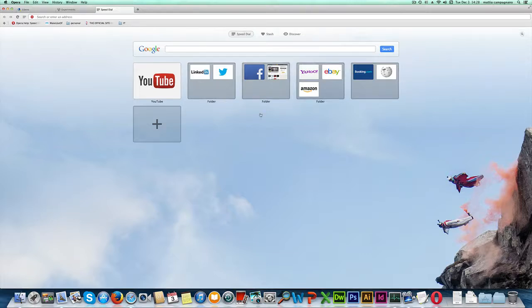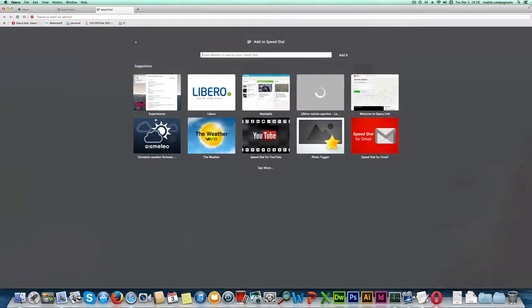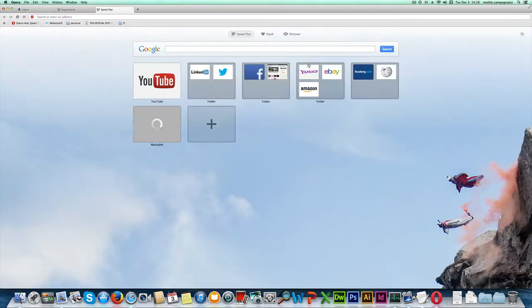I'm going to show you how to add a page to speed dial. To do this, all you have to do is click on the plus button here, and in the following page you only have to enter the URL of the page you want added. Let's say mashable.com. Alright. The page is being added, and there you go. Now it's shown